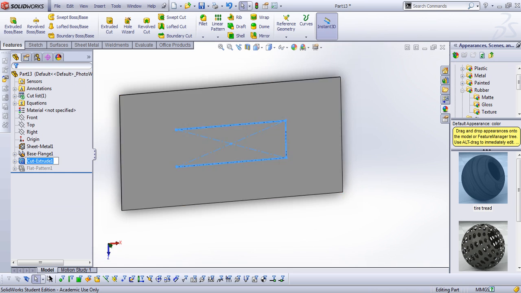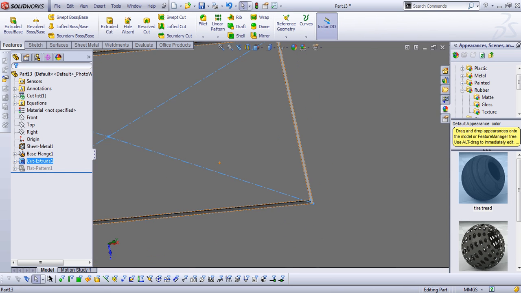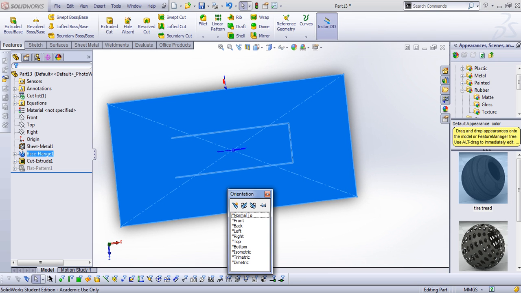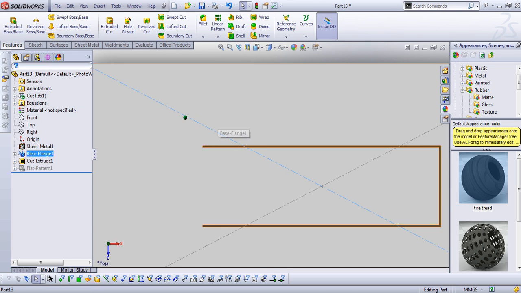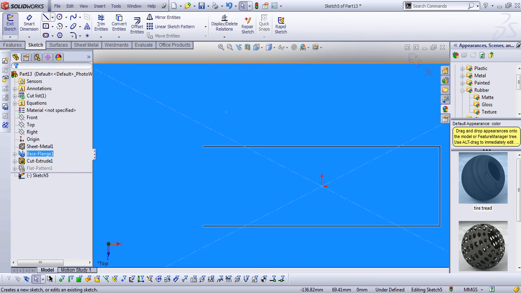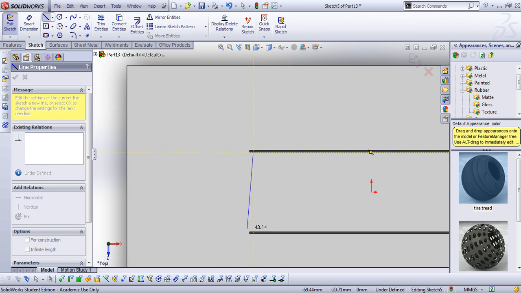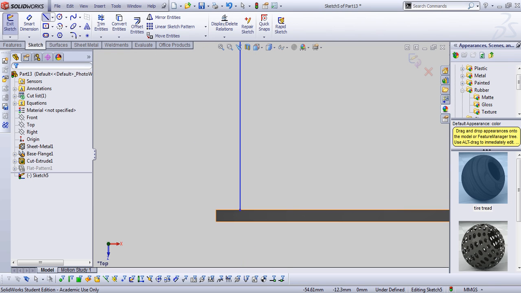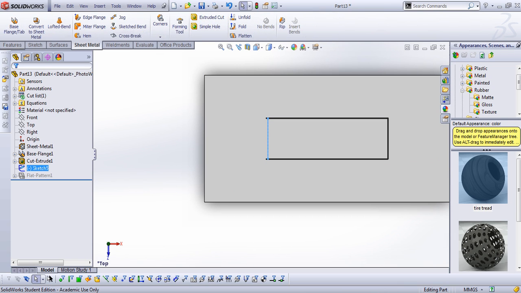So obviously I made a cut here all the way through. You can see that here. The reason I did that because I need to make a feature is called jog. So for that, again I go and I make a drawing of this face, and my drawing will be let's say from here I go all the way to the other side here, straight line to here. So done this, and then I go to sheet metal and I use jog,